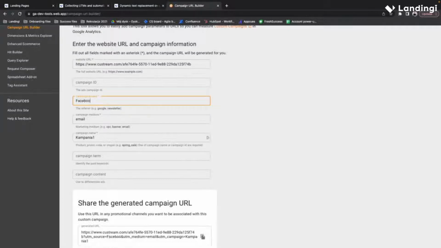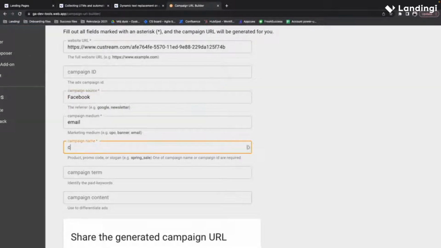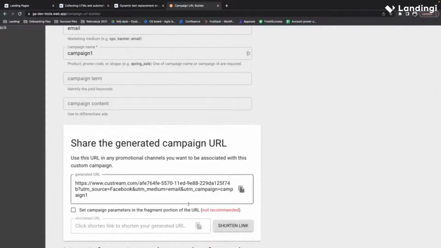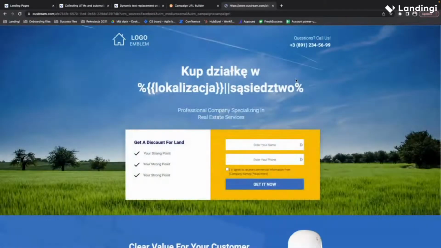Let it be Facebook, for campaign medium we got email, and for the campaign name we got some campaign 1, for example, right? Here we got the URL with the UTMs.